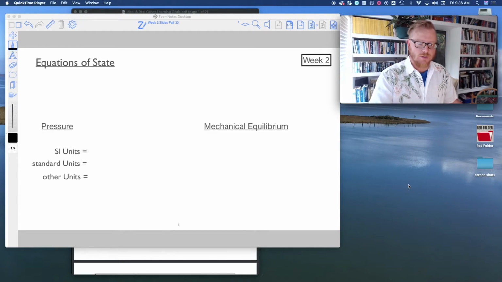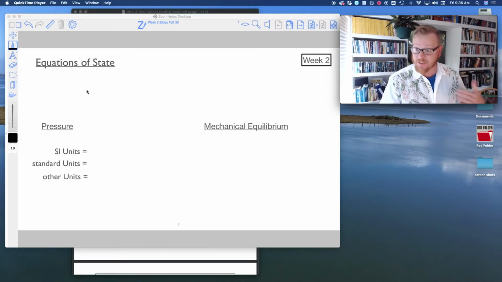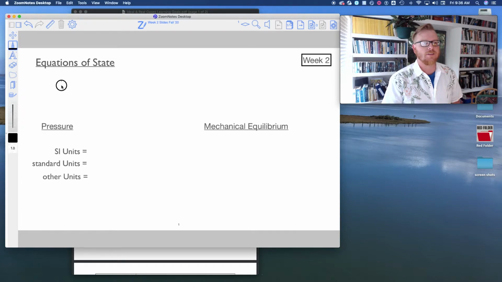Okay, folks. So, equations of state. The concept of the equation of state is that it is an equation that can describe the physical state of a substance. As an example, I can say pressure, P, is going to be some function of T, V, and N, where, of course, P is for pressure, T for temperature, V for volume, and N for number of moles. And so this equation describes 4